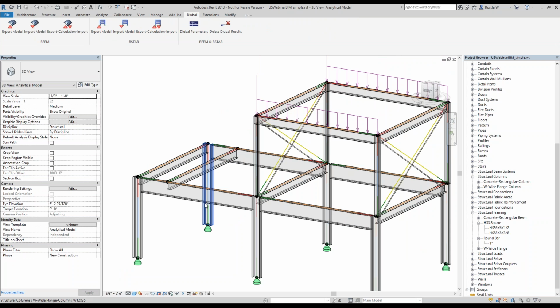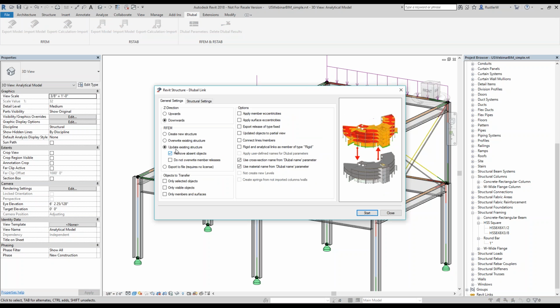How to get this over to RFEM? Same procedure, export model. This time I update the existing structure. And I'd like to point out the first tool here. We have to check here, update objects to partial view. So everything which is not found in the RFEM model will get assigned a certain visibility. When I start to do this,